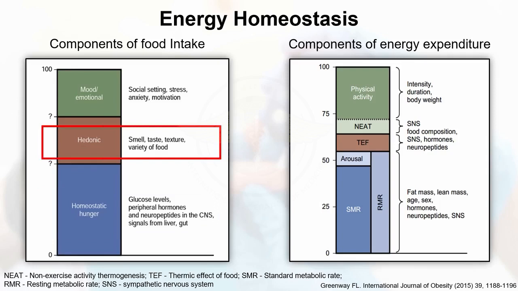Then there's a term called hedonic. Hedonic means that certain smells, certain tastes, certain textures or variety of food promote us to eat. For example, if I am going to the market and I smell the aroma of maybe chole bhature, or for the southern population, maybe dosa, I would like to eat. I'm not hungry. I've just had a sumptuous lunch. This is known as hedonic. So very simple to remember. The smell of food, the texture of food, that feeling makes you eat.